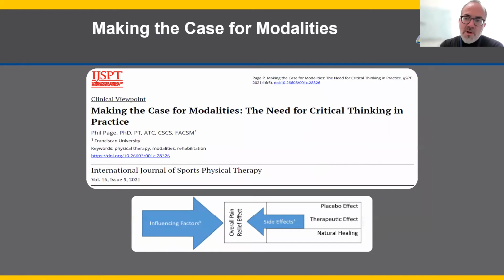So we're talking about a modality here, and one thing that we hear a lot of times, and I find in conversations in chat rooms, I'm sure many of you do as well, is that there's a high degree of focus on evidence-based therapies, and oftentimes modalities fall into this category that is often maligned, that if therapists aren't just simply manual, they aren't, in a sense, practicing good therapy. And this is a great article, very timely for this discussion, that was put out by a good friend of ours, Phil Page,